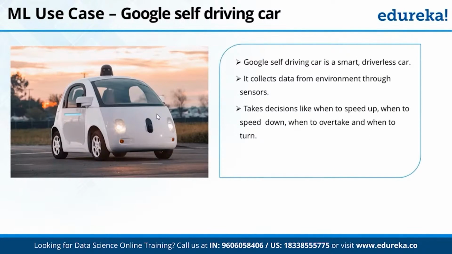Machine learning use cases. Google self-driving car. Google self-driving car is a smart driverless car. It collects data from environment through sensors, takes decisions like when to speed up, when to slow down, when to overtake, and when to turn right. So basically what this car actually does, it captures the images. Suppose the car is driving, it captures the images in front of that car,